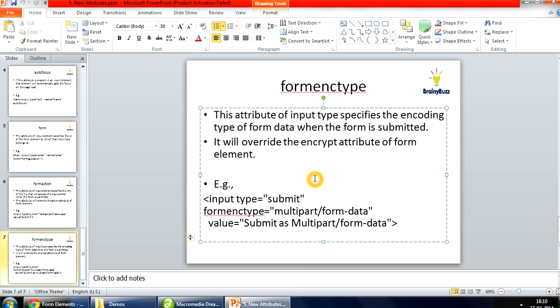So for that, in the formenctype attribute of the submit type, you can write another encryption type. So whenever you click on the button, it will override the original encryption type and it will take this encryption type.